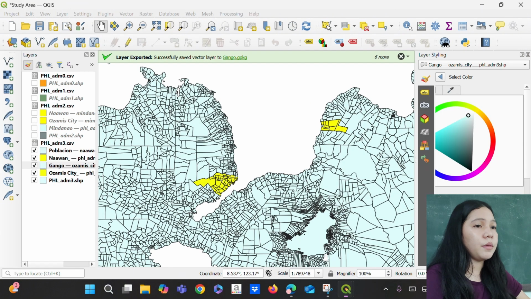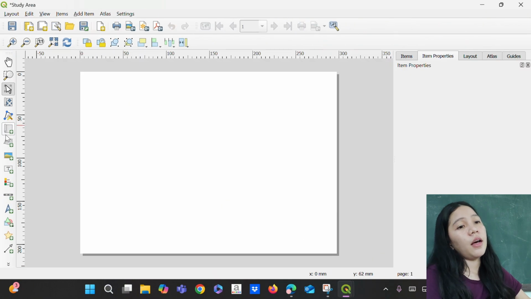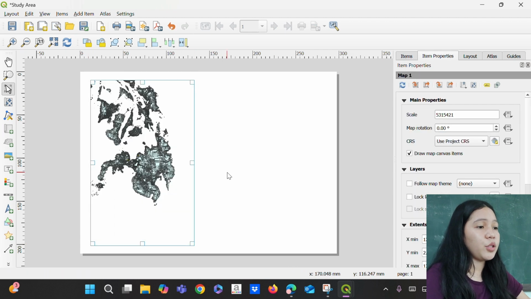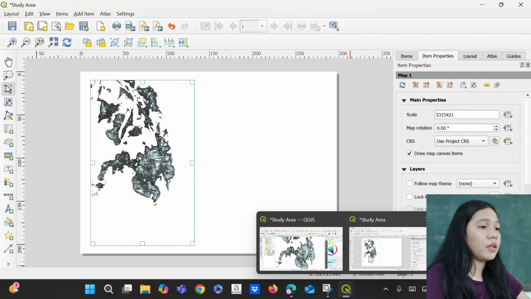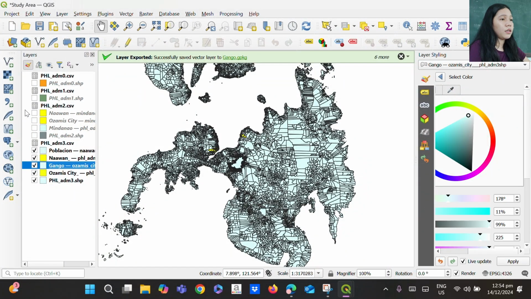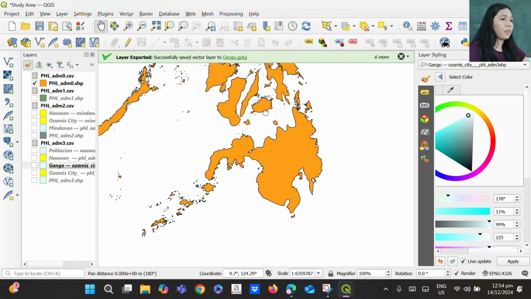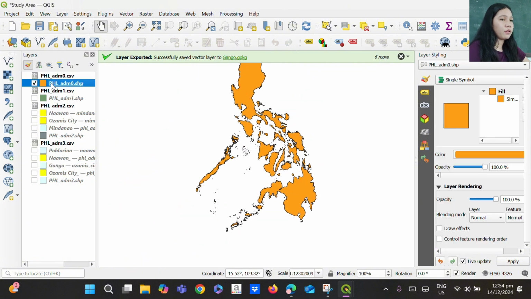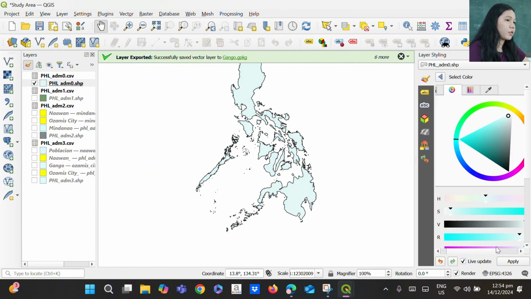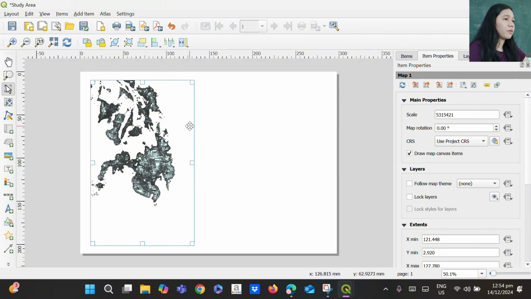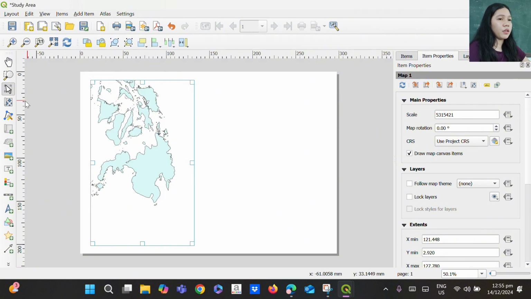Since we have our study map area here, going to add map, just draw the box. Make sure that the map that you're going to put here is being displayed at the QGIS interface, the first window. So I'm going to use this one, so I'm going to change this layer. I'm going to change the color of this one into something more refreshing, so I'm going to choose blue. I'm going back to the new print layout. So this is not the map that I'm going to choose, and just click refresh. So we have the map that we want.